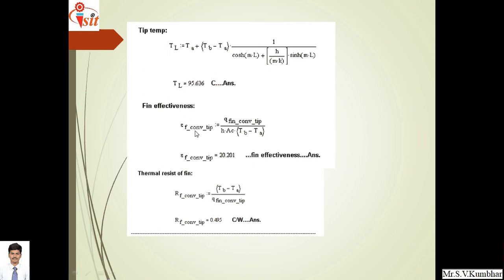Its effectiveness is given as Q fin upon h Ac (TB minus TA). Therefore effectiveness of the fin is 20.20 and thermal resistance (TB minus TA) upon Q fin convected, that is 0.495 degrees